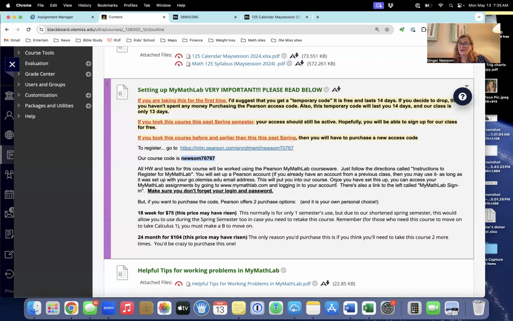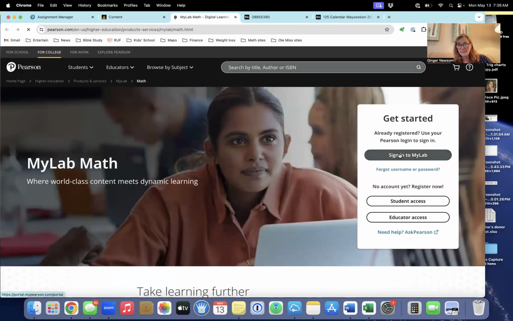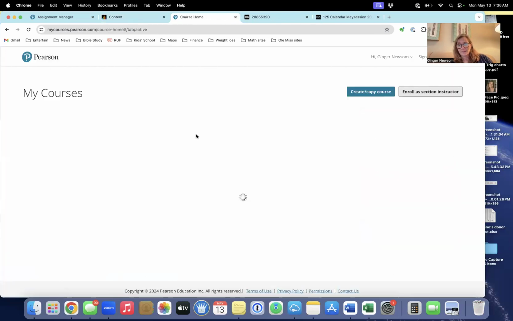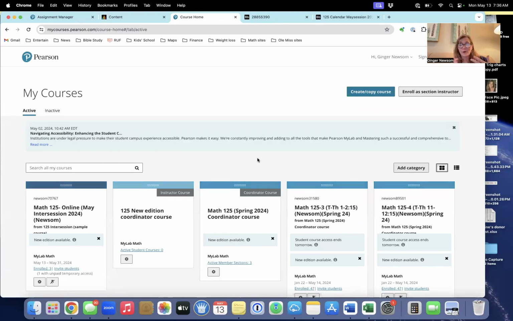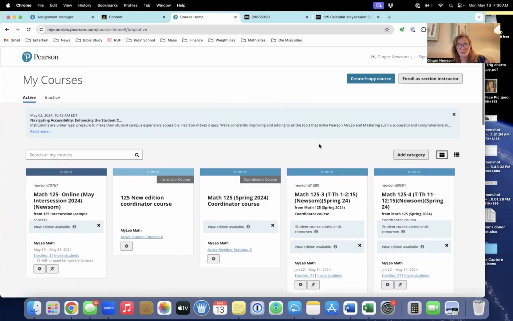All right. Okay, so once you get on Pearson, you can go here to the Math Lab sign-in. You have to either enroll as a student, or if you already have access, you use the same login. Once again, you ought to use your Go.Ole Miss account. Okay, now I already logged in. Of course, I have a ton of these from all last semester. But this one to the far left, the online May Intersession, that's our course. So if you click on it,